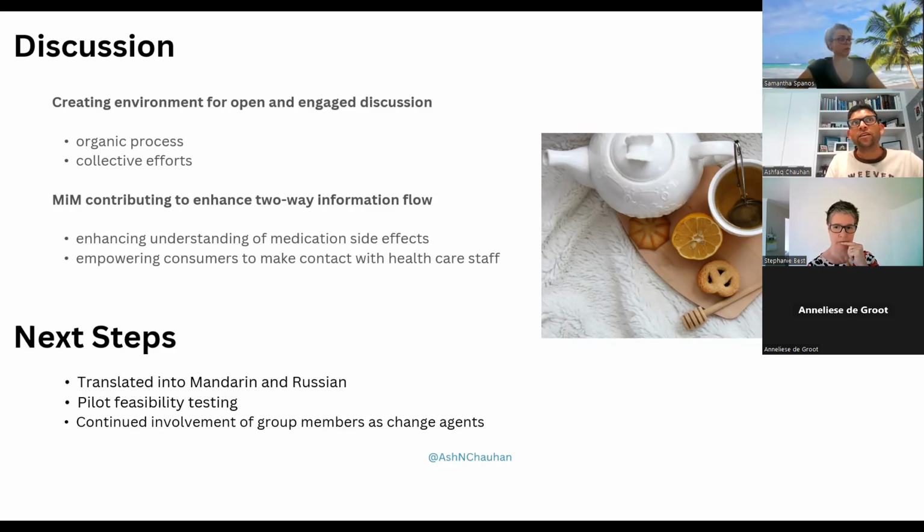We are also involving, to a large extent, mostly the health service staff at this stage, and to some extent the consumers as well, to be exchange agents for the successful implementation of feasibility testing of this tool. I forgot to tell, but we had also been engaging with the consumer advisory group of the Can Engage project. This consumer advisory group has five different consumers from five different language and cultural backgrounds, and they contributed to designing the feasibility testing and the study for this tool.